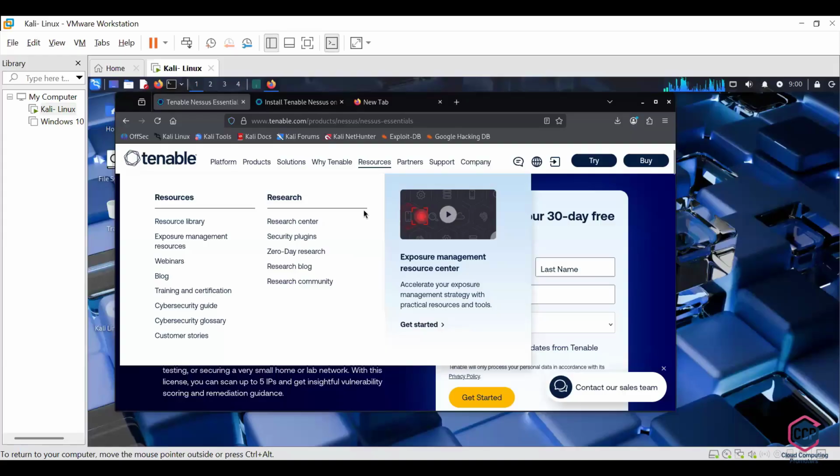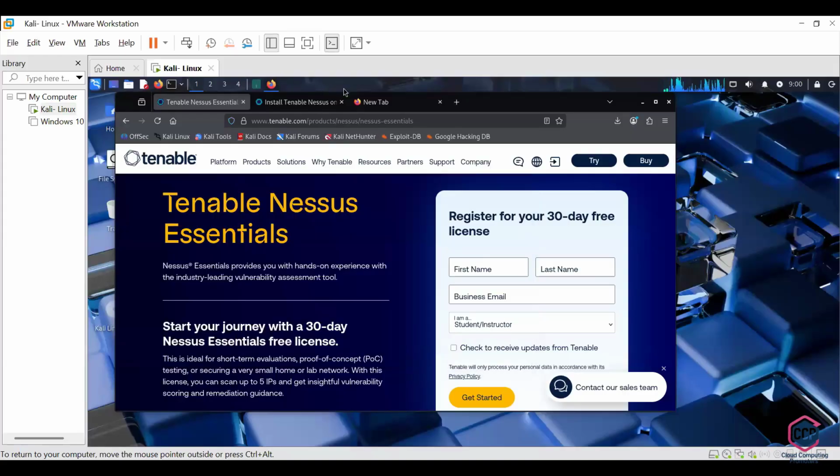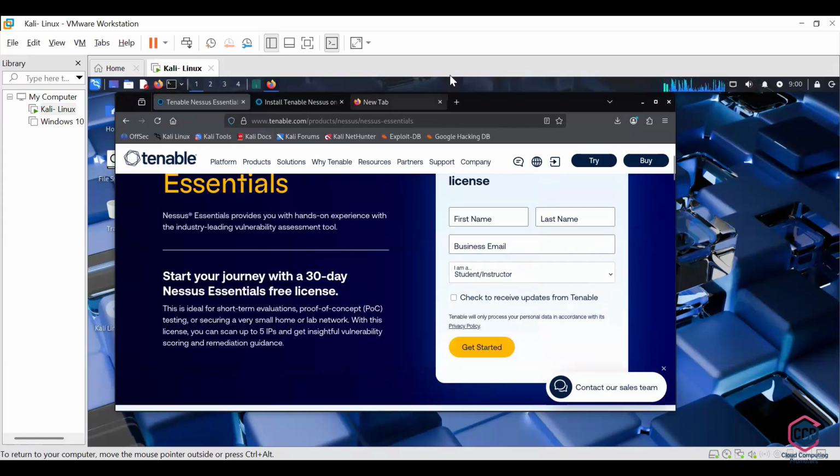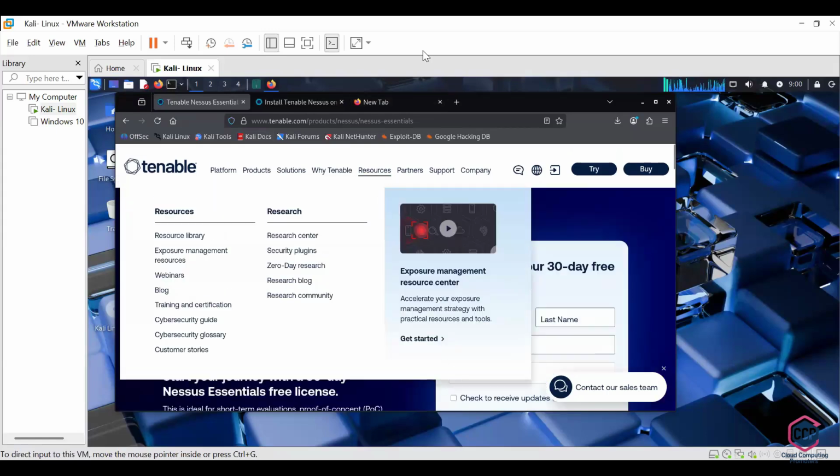It got slow because of the download, as we are using a VM, right? Sometimes it will have some latency issues also. It's not opening.